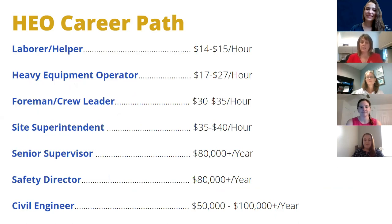Here is a list of different careers, or the career path rather, that one could expect from enrolling or not enrolling in the HEO class, but starting in an operator career. You could see a laborer, entry level laborer, helper, starts anywhere between $14 and $50 an hour. And you can see it moves up all the way to senior supervisor at $80,000 a year and more,